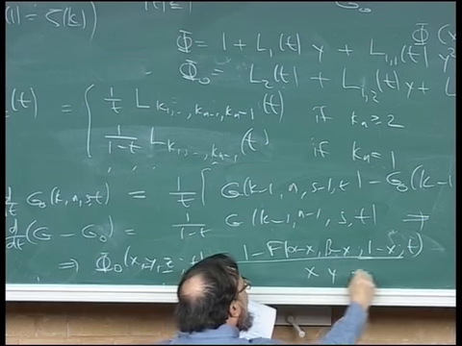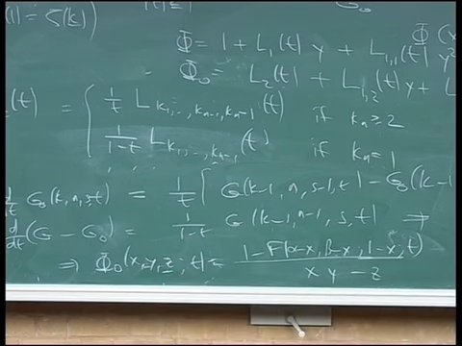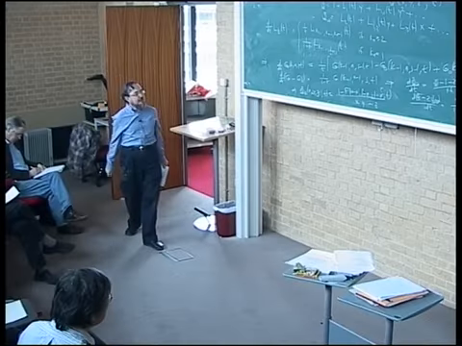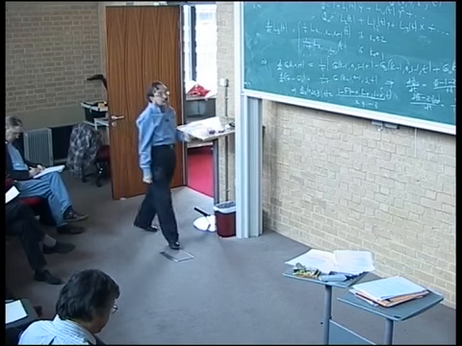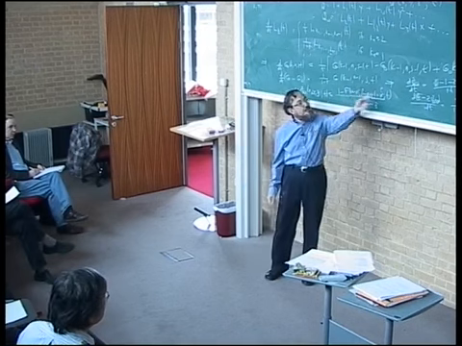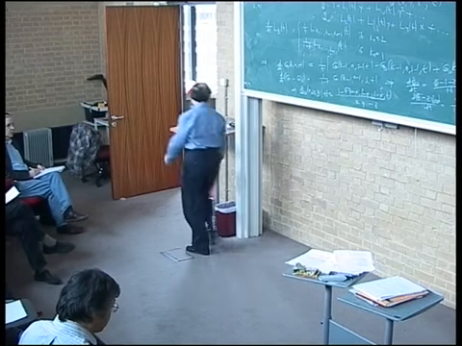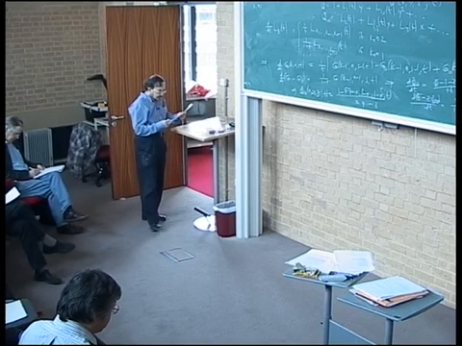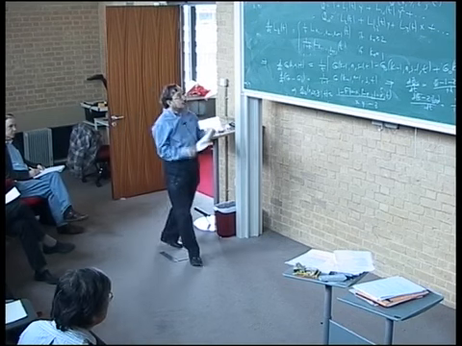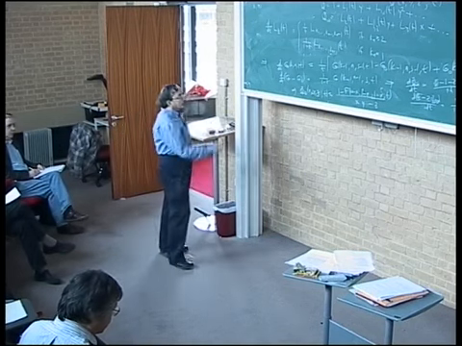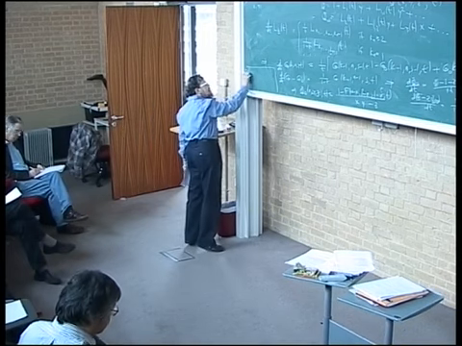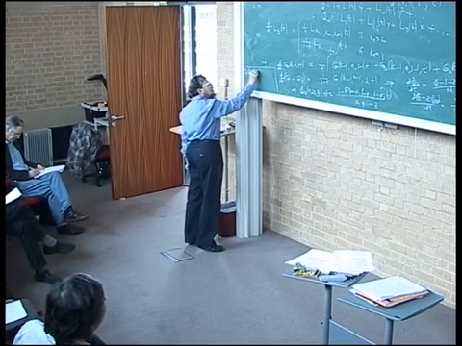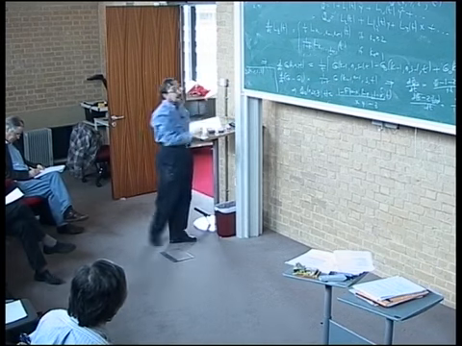Then you find this rather remarkable formula that the entire generating function, simply because it satisfies the second order differential equation, starts out with the first couple of terms, and then you can solve it uniquely. After a small change of variables, it's just a hypergeometric equation, and so it's just a hypergeometric series. And so now, when you have that, we're almost done, because if I set t equal to 1,